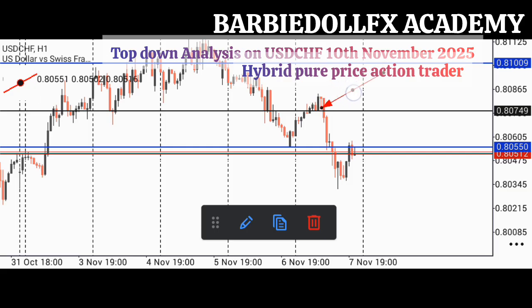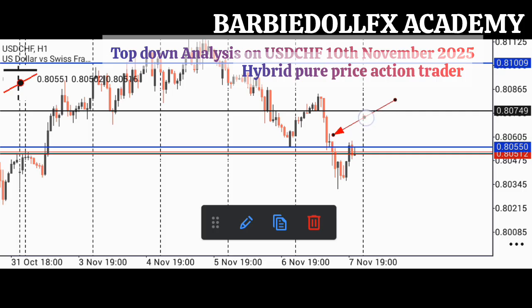Then during New York session, it starts pushing down and broke this low. As it broke this low, it broke the weekly low too and retracted back inside, giving us a fair value gap,